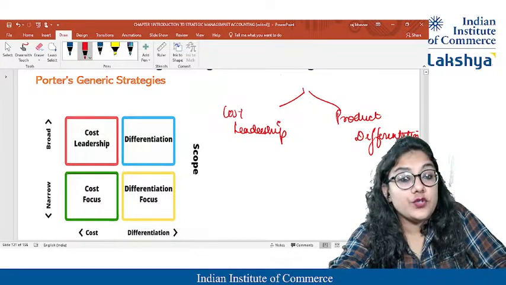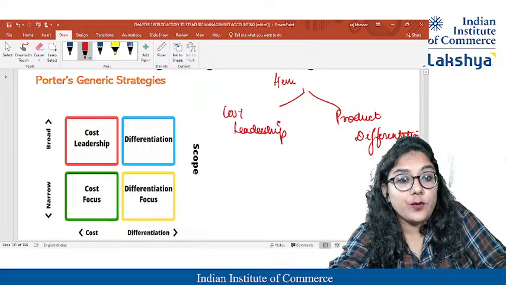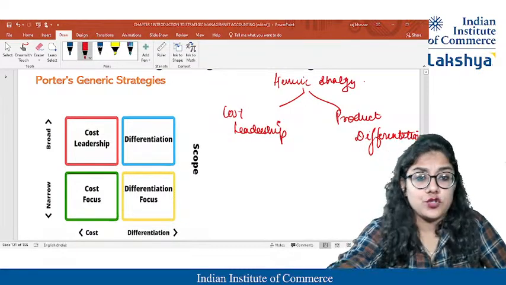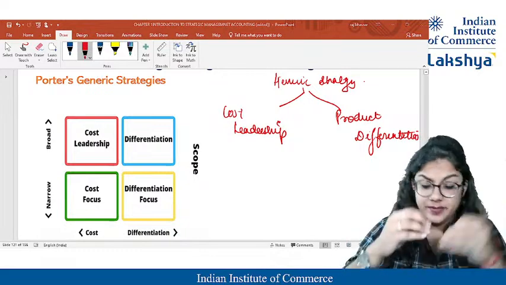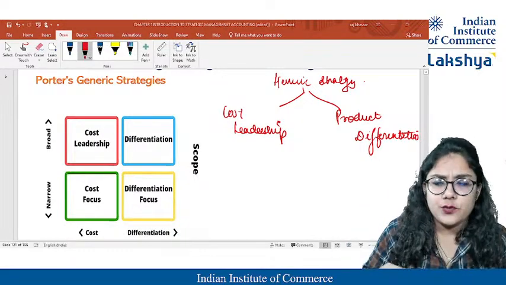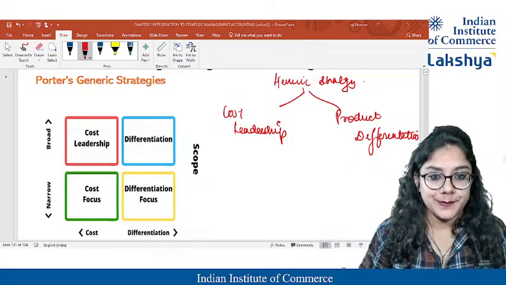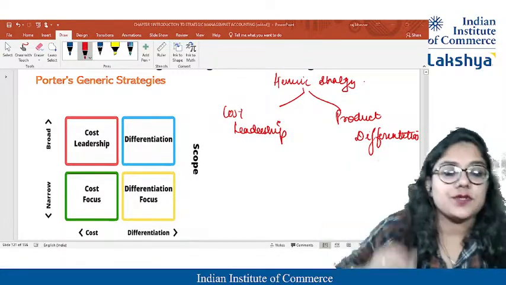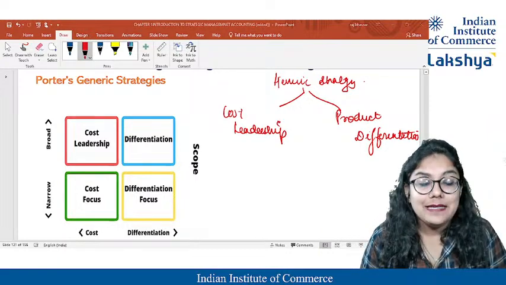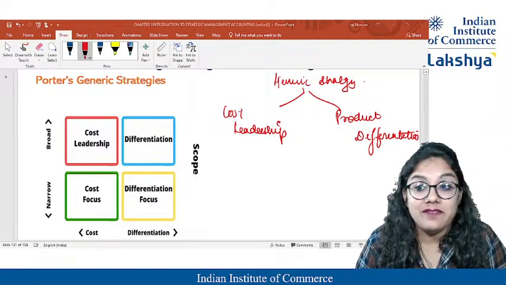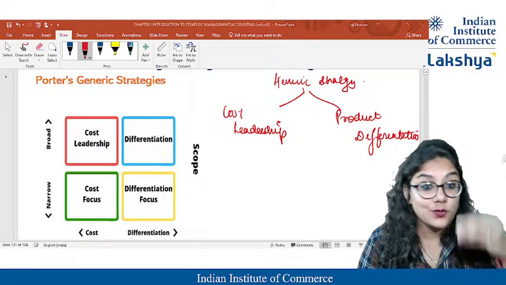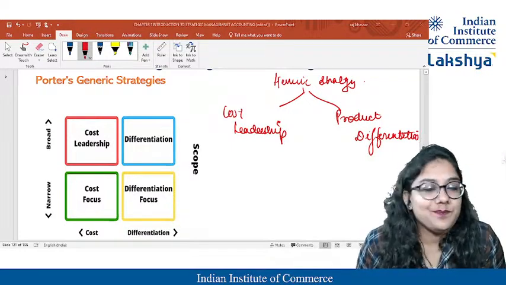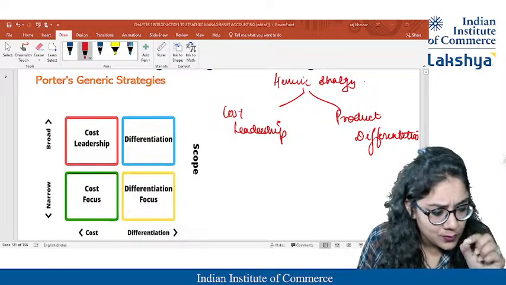Okay, what's the meaning of that, guys? When you want to be at a superb position, you want to apply a strategy. Just try to understand: if I want to be the top company, if I want to be renowned, either I need to make a product which is super different, or I have to reduce the prices so that the competitors are out. Like Jio did. Initially, we were paying 200 rupees for just 2 or 5 GB per month, and we were utilizing it so slowly.